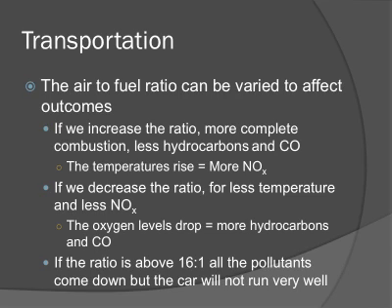If our ratio is above 16 to 1, all of the pollutants come down. So a 16 to 1 ratio is perfect because it is the point at which all of our pollutants start to come down. However, when we do that, the car doesn't run very well. It misfires. It can backfire. It drives real shaky. It's like it's going to die all the time. And so honestly, there's just this really, really fine line between how many pollutants we need to create and how well the car is going to run, and so on and so forth.